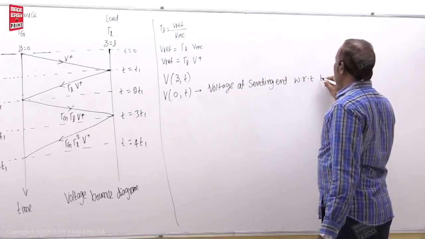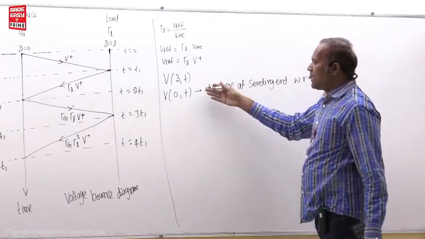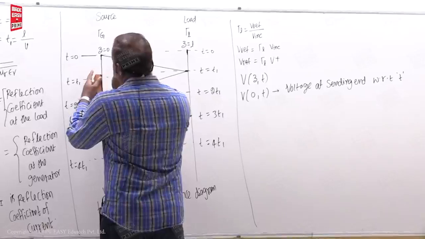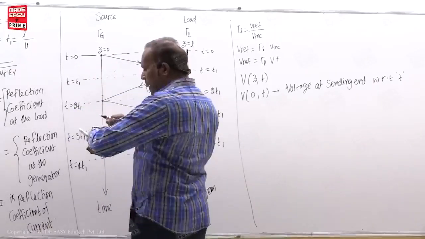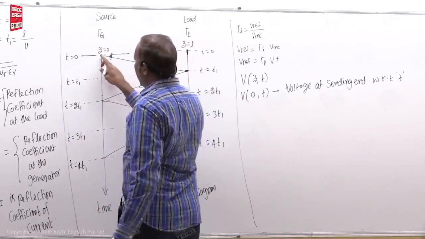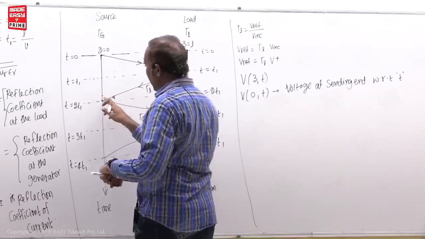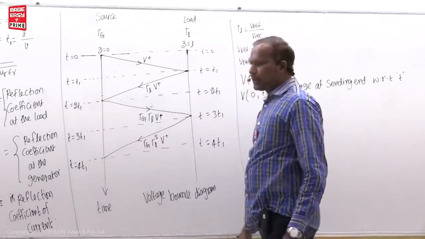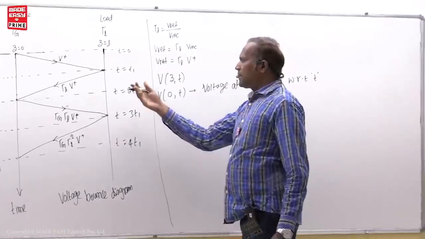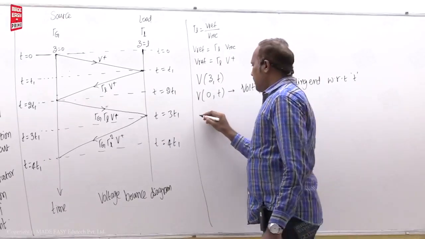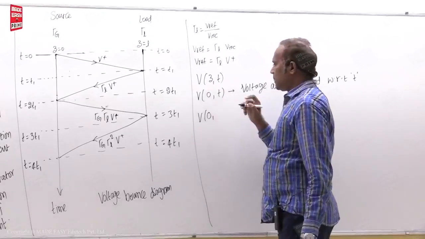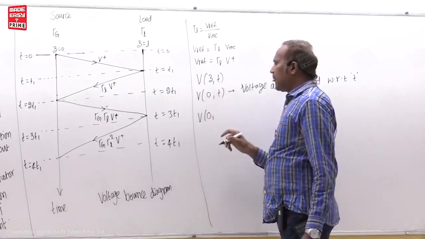with respect to time. If time changes, meaning is that you stay near the source and keep watching the time. First it went, after some time it came back, after some time it went again, after some time it came again. You have to keep observing that. So one example I will write. For example, voltage at sending end, Z0 means voltage at sending end